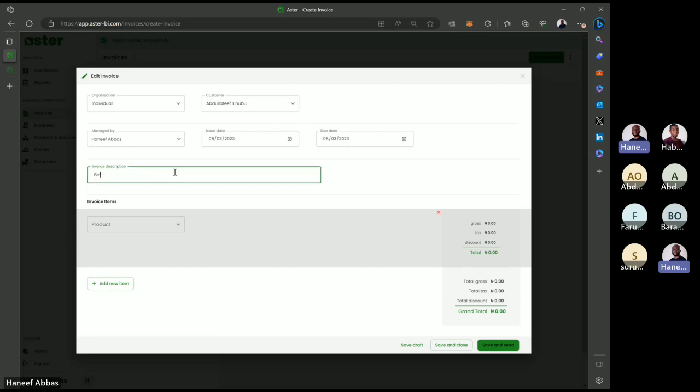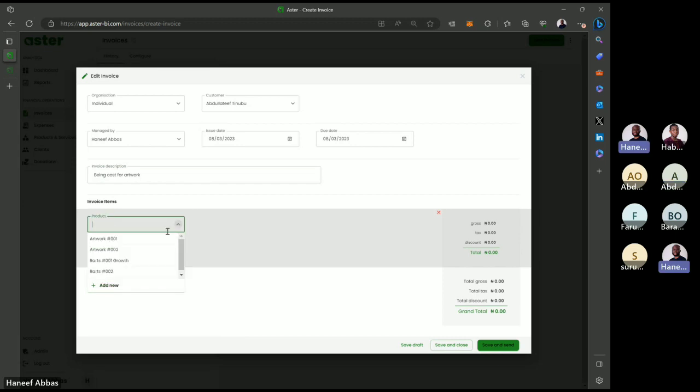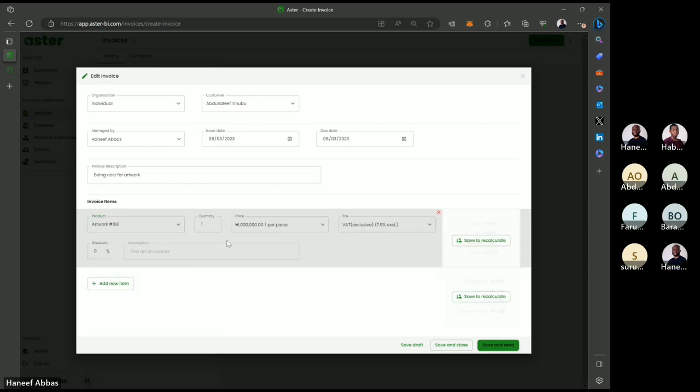Then I can say fees for artwork or cost for artwork, cost for artwork. Okay, now I can select the product. I can select the product, and then once you create the invoice, Abdulatif, you'll see that at the bottom